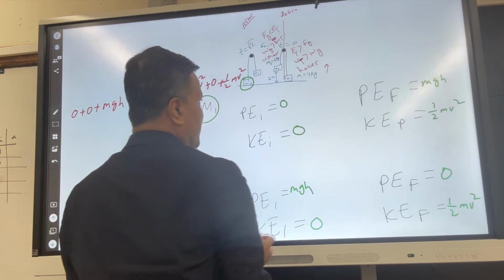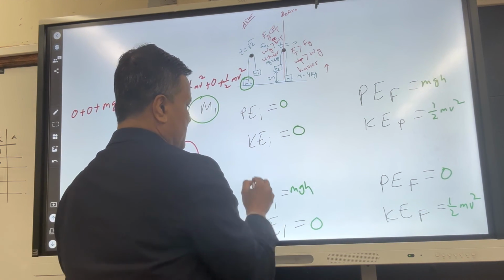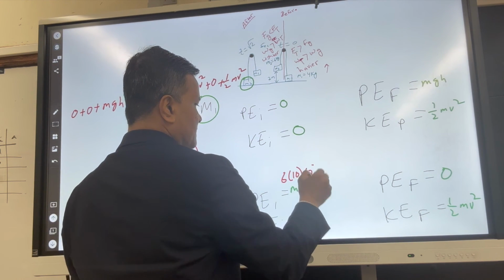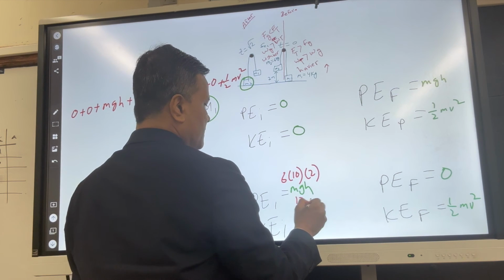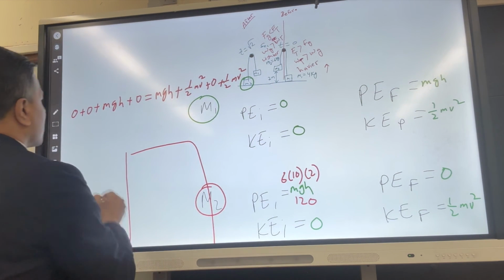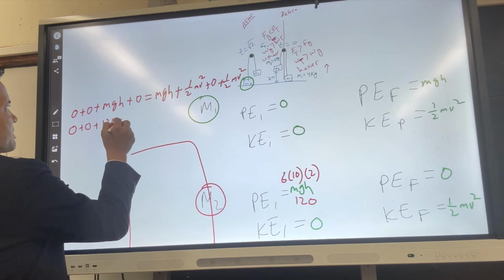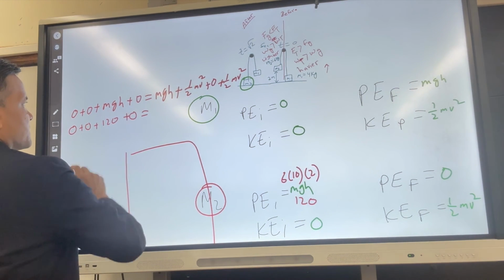What is mgh over here? This is mass 2: 6, 10, and height 2. So this is 120. So let's put 120 over here: 0 plus 0 plus 120 plus 0 is equal to